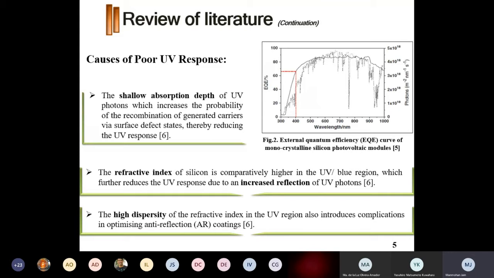The external quantum efficiency is very low. The reason for this is the shallow absorption depth of UV photons, which increases the probability of recombination of generated carriers with the help of surface defect states. And this is one of the reasons for reduced UV response. Except for it, the refractive index of